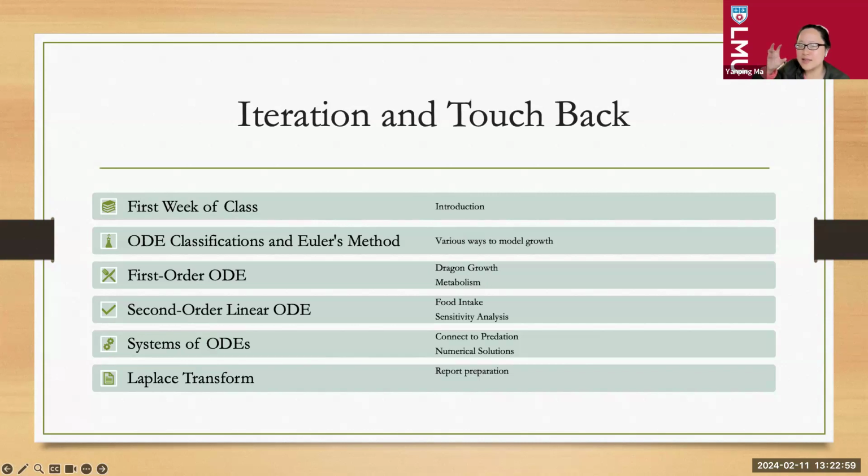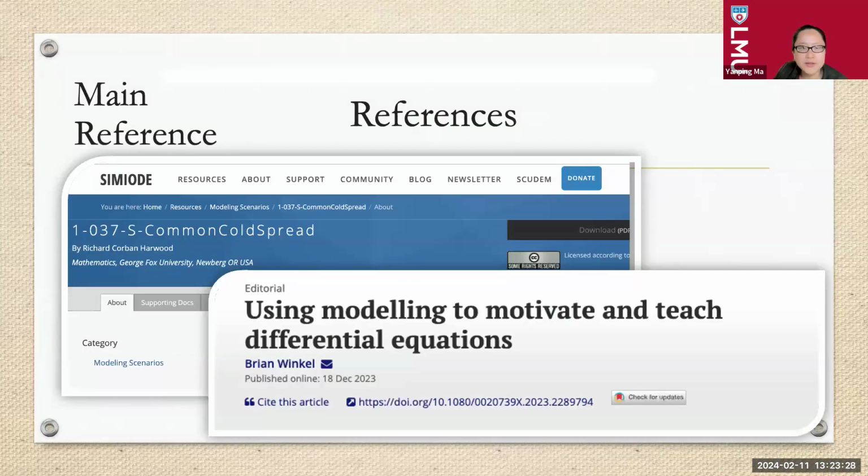But anyway, the plan is that every other week, towards the end of the course, when I teach some technical content, I spend about 30 minutes on modeling, trying to touch back on the theme we have. Hopefully this touching back on a regular basis gives students a chance to get more engaged and more interested in using differential equations.